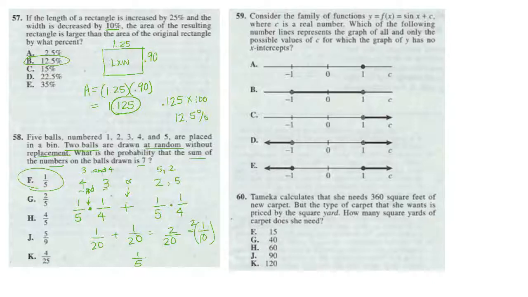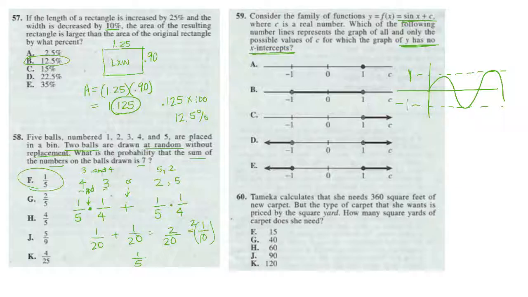Okay, so for 59, we're given the parent function sine x plus c. Which of the following is the only possibility that y has no x-intercepts? In other words, we don't cross the x-axis. So let's look at some of our shifts with parent functions. Now sine x, if we graph sine x, it looks something like this. And my drawing of course is horrible, but sine x is bounded between positive and negative 1. So if we're adding c,